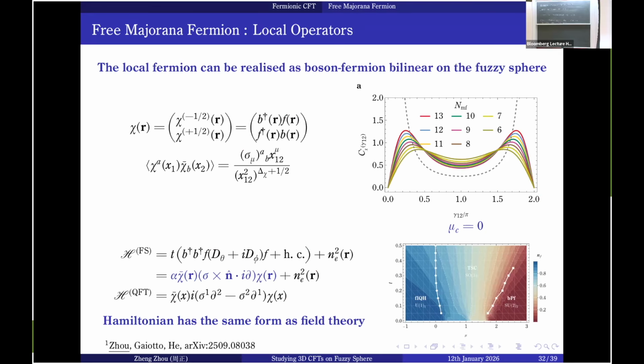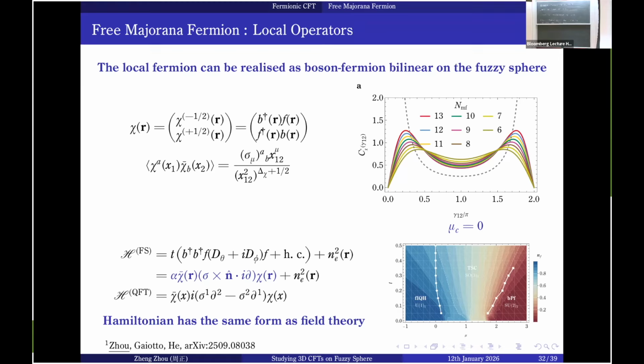Yes, and the local fermions again can be realized as the boson-fermion bilinear. So the Majorana fermion is a two-component spinor, and the two components are realized as B dagger F and F dagger B. And we can indeed see that the correlation function scales towards the conformal correlator. And what is interesting is that if you take chi equals these two-component objects,